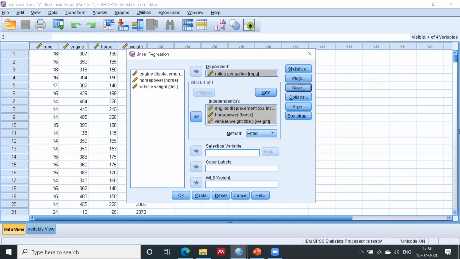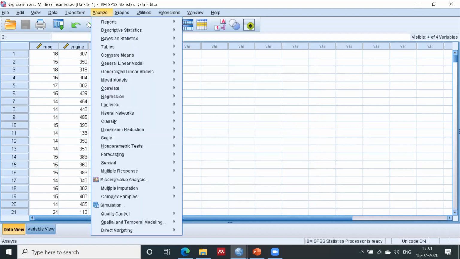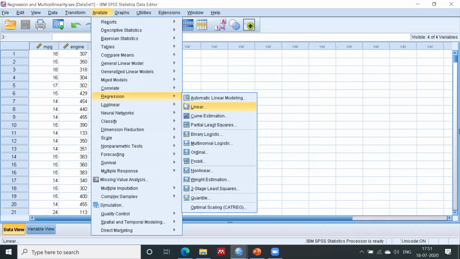Tejinder Kaur is asking, these stars on values for correlation is defined by us. Which stars? Actually, I am not able to understand. Please repeat the steps. Okay, okay. So for the linear regression, you simply go to Analyze. There is the option Regression, and choose Linear Regression.